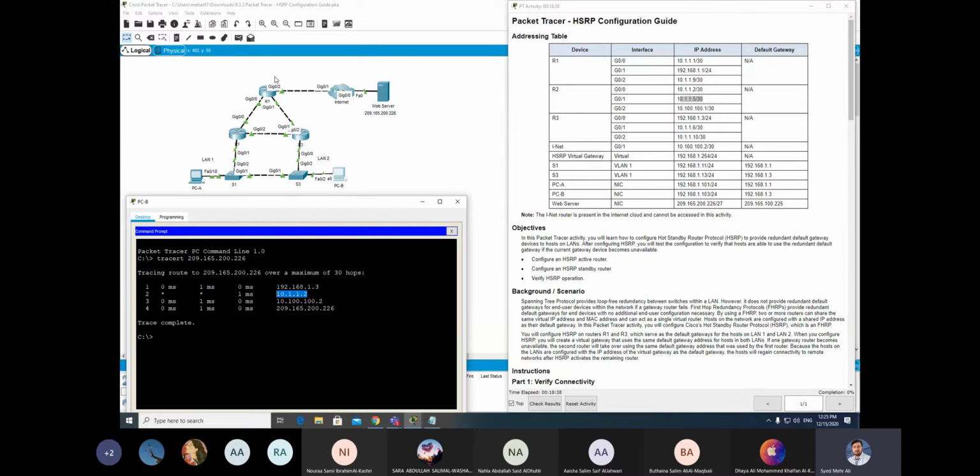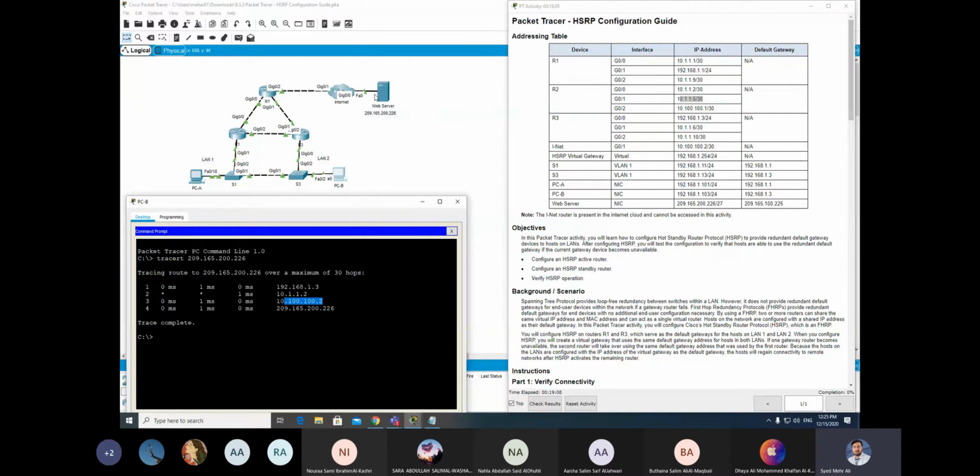This is 10.1.1.2 here. This is PCB, and then it moved to 10.100.100.2, so it moved from router 3 to router 2, router 2 to INET, and INET to the web server.